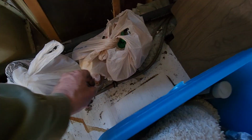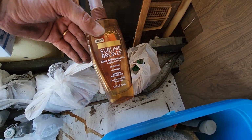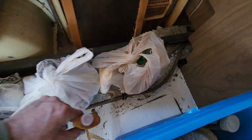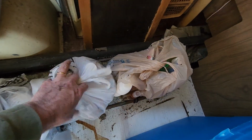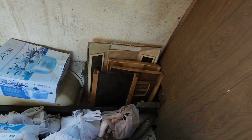What is this? Sublime Bronze. Clear self-tanning gel. Huh. Okay, well, things left over from years ago. Alright, so